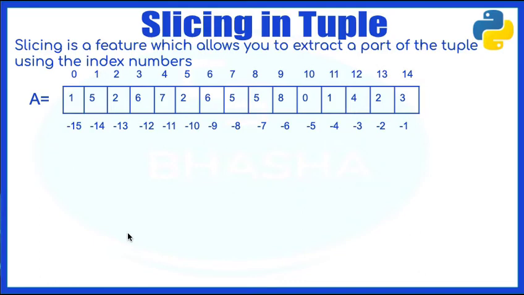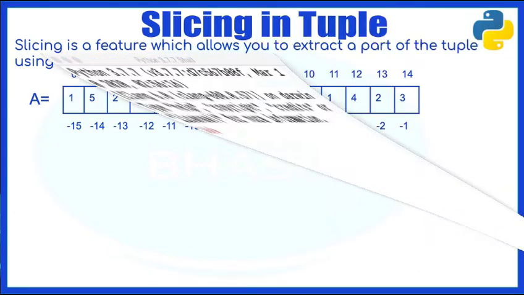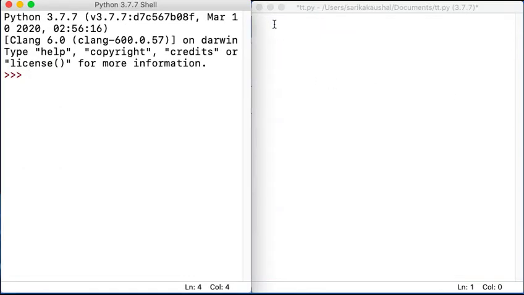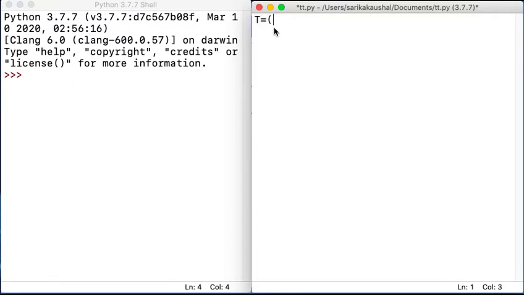Let's take a similar example and see how we work with indexing, which is an interesting topic, and how we extract a specific number of elements, that is, how we use the slicing concept with indexing. So I take a tuple t with the elements 10, 3, 4, 1, 2, 67, 77 and 86. Let's see how it works.